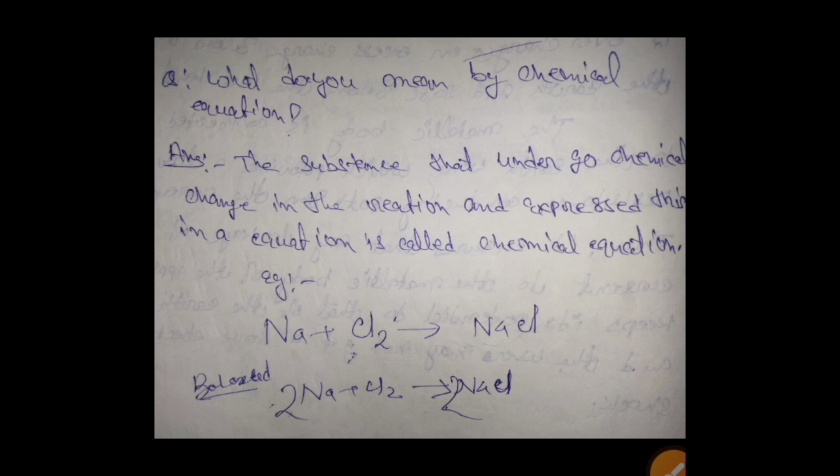Here the example is: when sodium reacts with chlorine, it forms sodium chloride, but we need to balance it. Balance means make it equal. When we equalize it, it is called a balanced equation, or a balanced chemical equation. Okay,